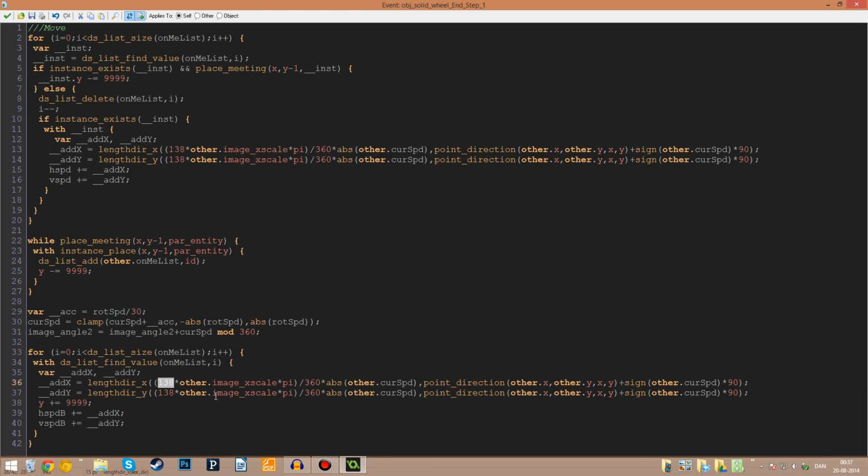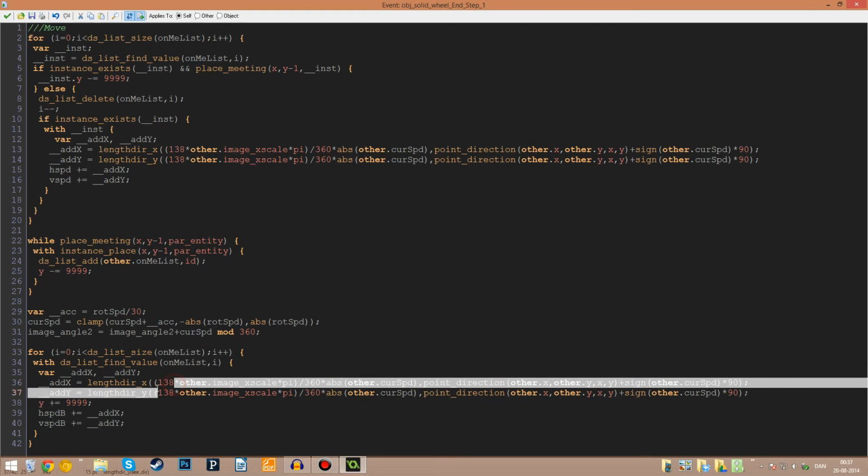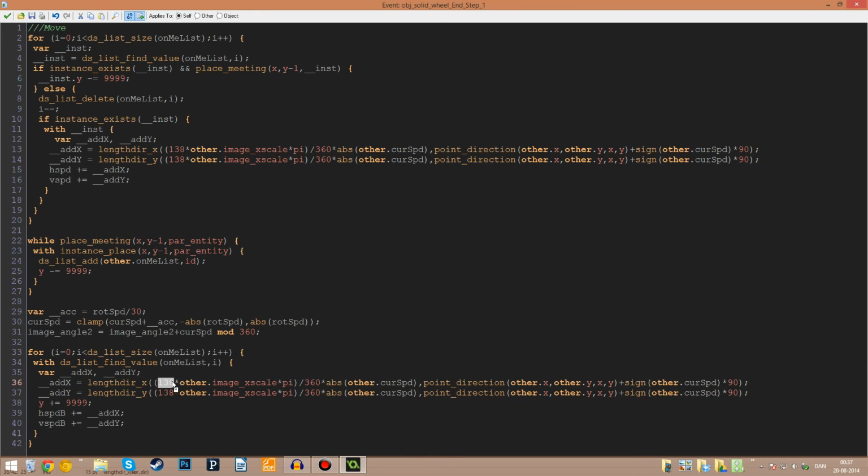I don't know why I say 9. And 138 is the width of our mask for our sprite, our circle sprite there. So that's what I said in the start. You have to know this number